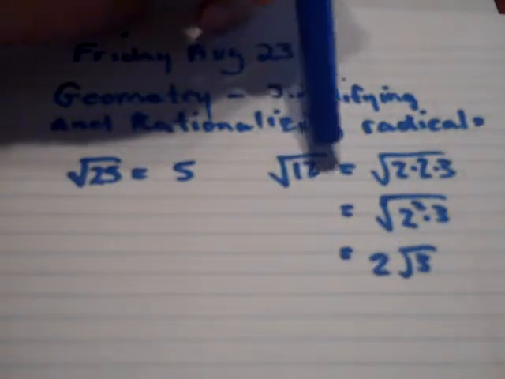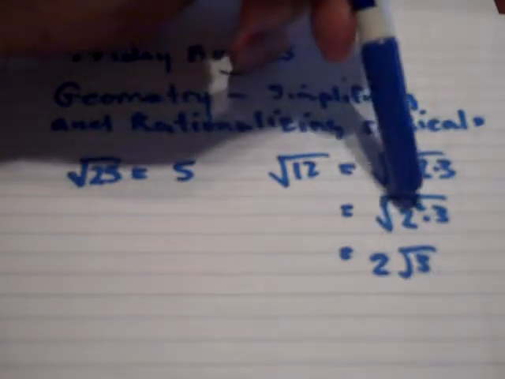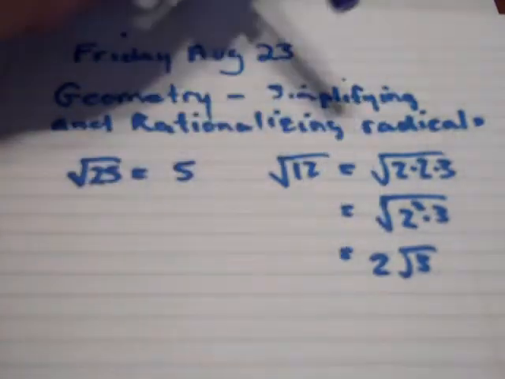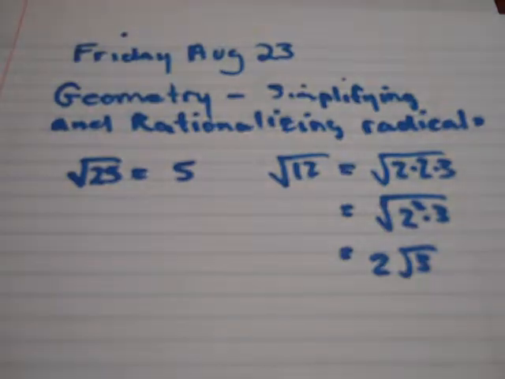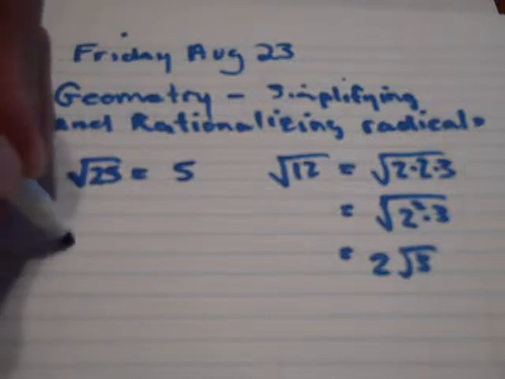So in this case I took the square root of 12 and I broke it down into 3 prime numbers, 2 of which made a perfect square, and I pulled that out of the radical to make 2 times the square root of 3. As another example, if I had, let's say, the square root of 50,